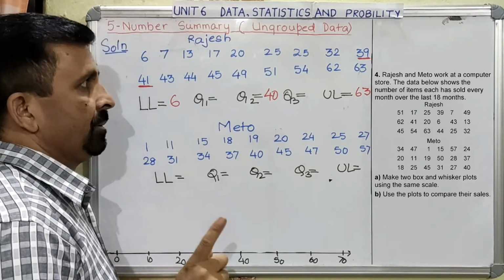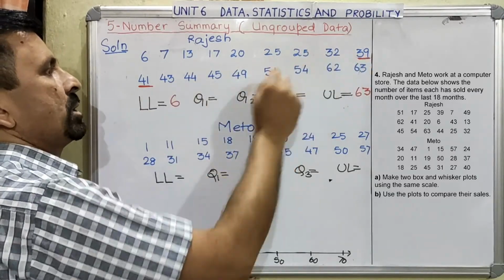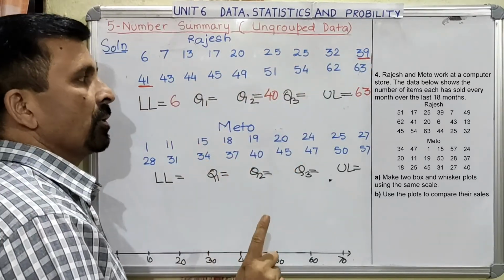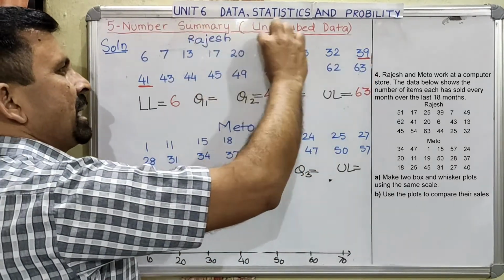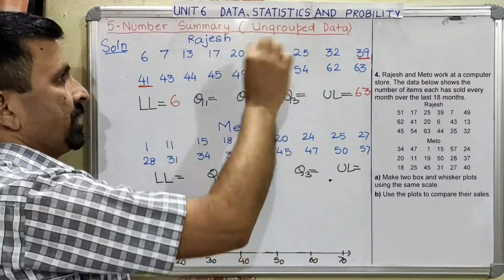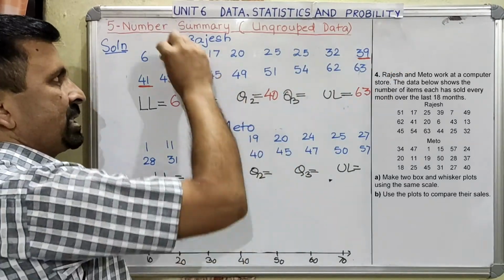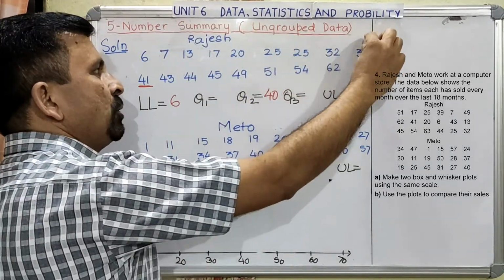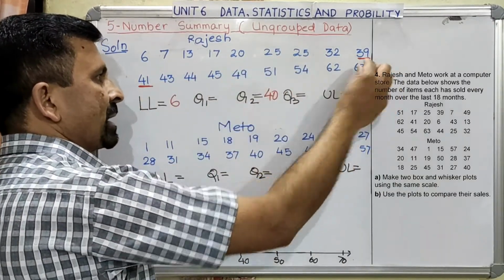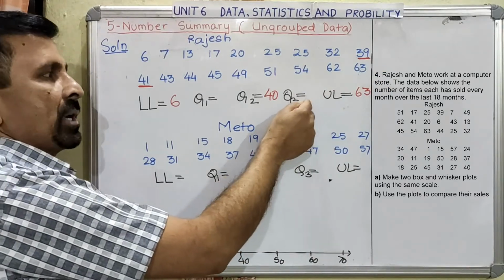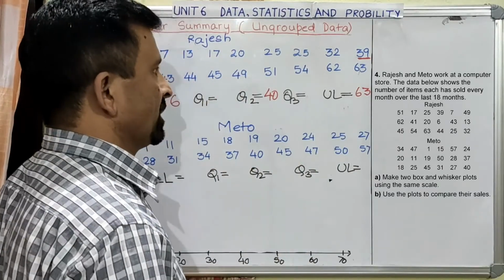Is this okay? We underline this not only to know which are the two data, right? The purpose is also that the first underline tells me that this many data are in the first half. It also tells me that till this data we have the first set, the first half, which will be used for calculating Q1, and starting from here till this we have the second set of data, which can be used to calculate Q3. So that is the importance of underlining. That is why I always stress underlining.